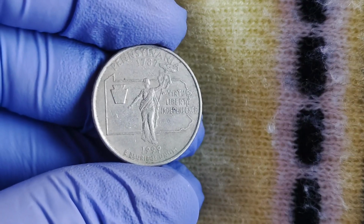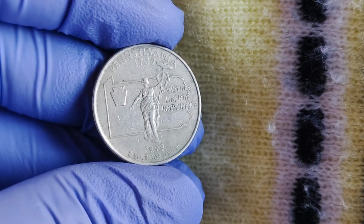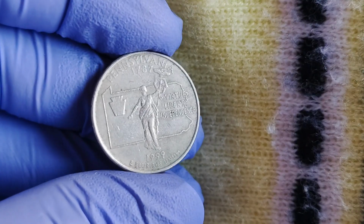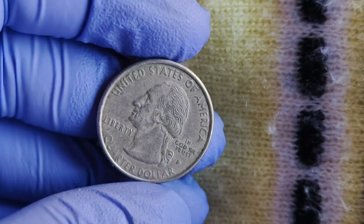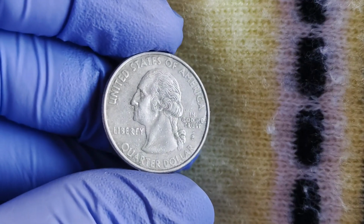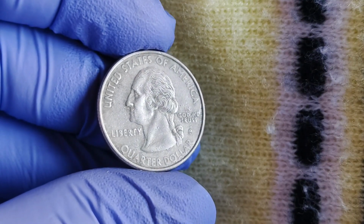Collectors were shocked. Dealers were scrambling. For weeks, phones at major auction houses rang nonstop. How could something this extraordinary stay hidden in circulation for so long? And if one escaped, could there be more? And this tiny detail is why it's worth millions. And most people miss it. To understand the mystery,